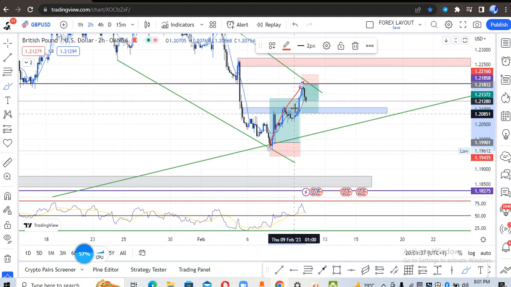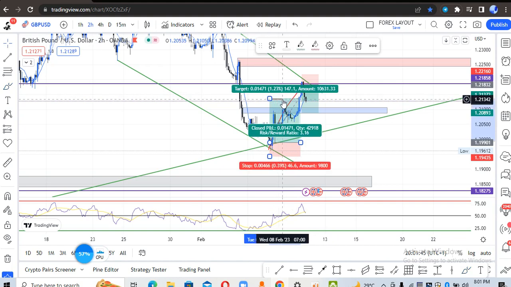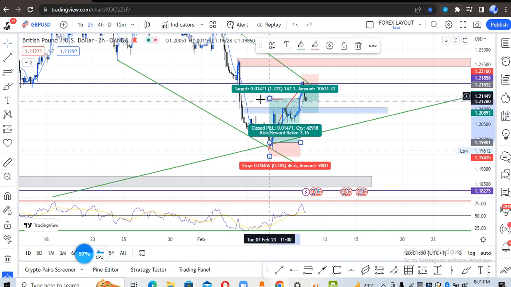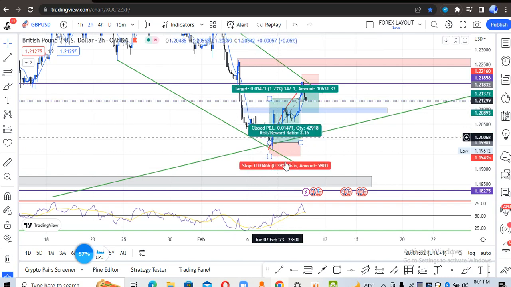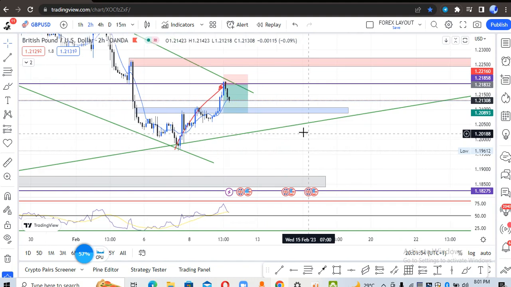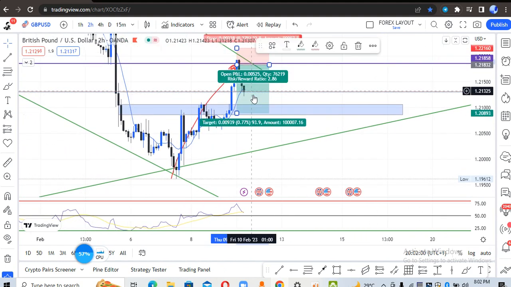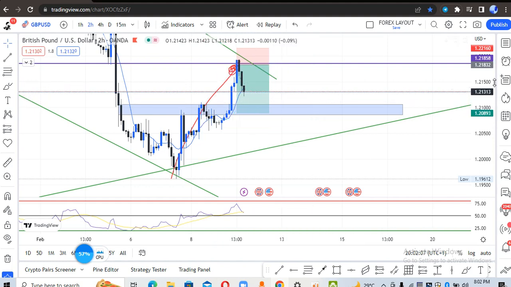Now as you can see, we moved upwards this way, and this was the zone. I actually closed this trade somewhere around here, okay, but when we hit the target over here, I waited for the reaction. And if you go down to a smaller time frame, you will see that I just have to remove this here because this trade is already gone. I'm still holding this trade that I just entered today, and I have been running in profit. If you measure this, guys, this is almost 100 pips target. I've already done 60 pips already. So guys, this is huge.